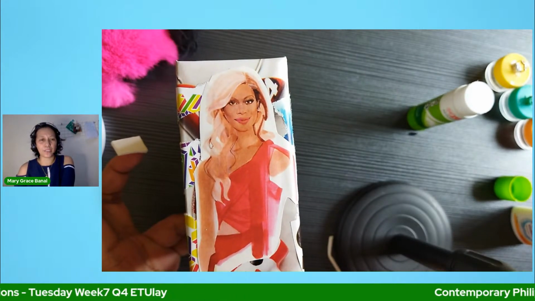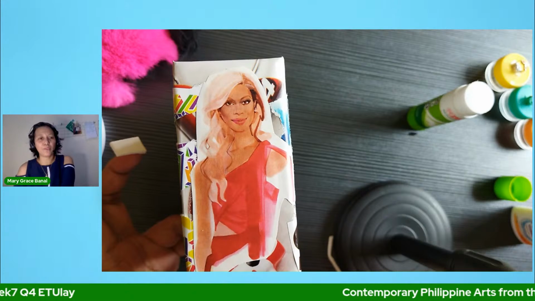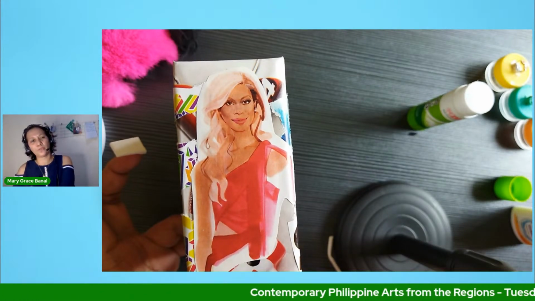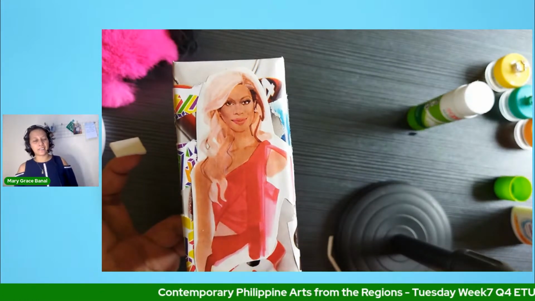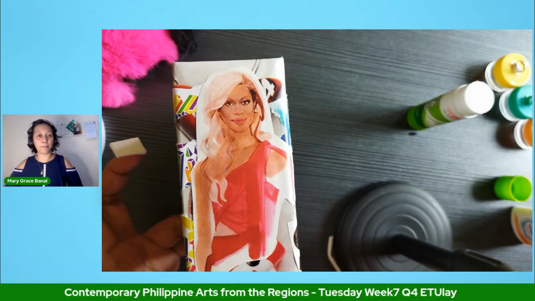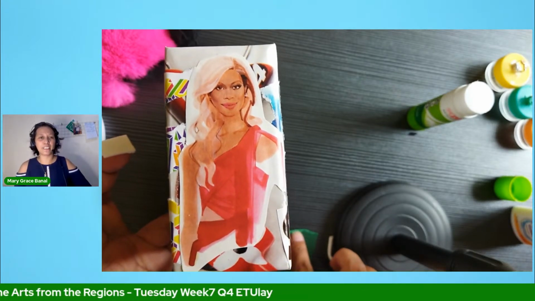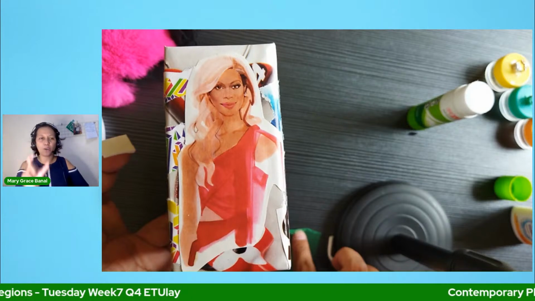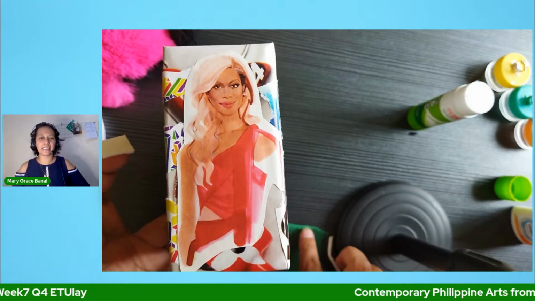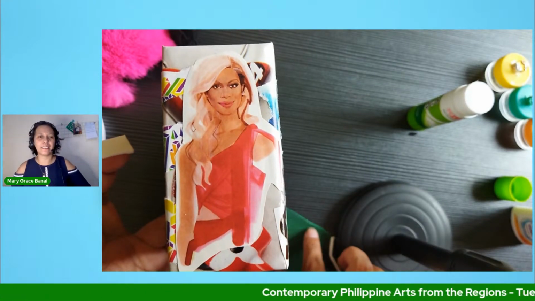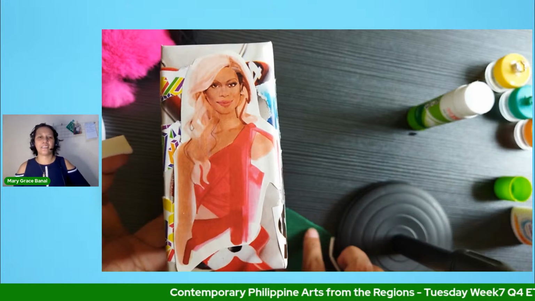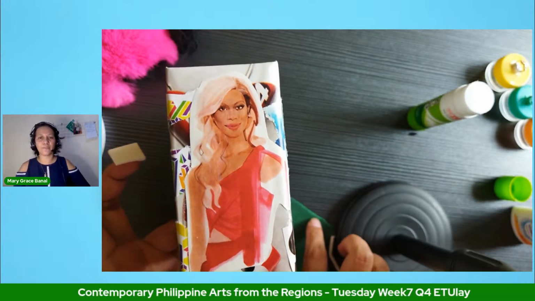So kahit may collage siya, pwede mong lagyan ito ng iba pang material, to break the monotony na puro papel yung ginagamit. So in a way, mixed media, di ba? That piece of cloth na meron ako ay ididikit natin doon sa magkabilang side ng ating box. So let's see it in the video.